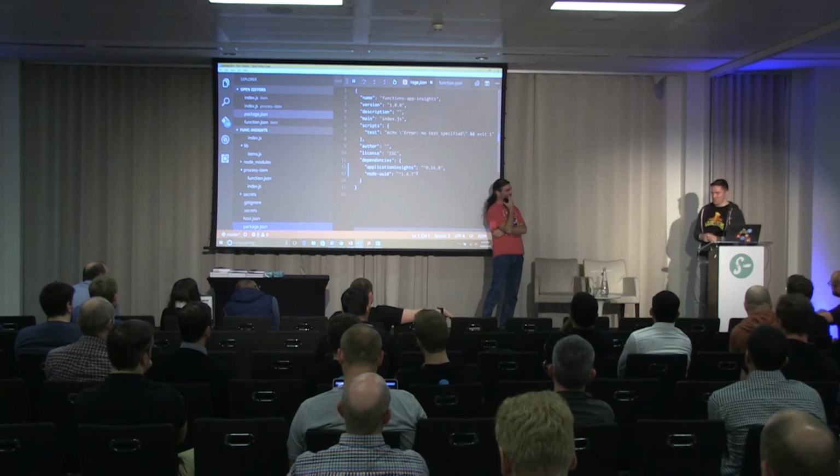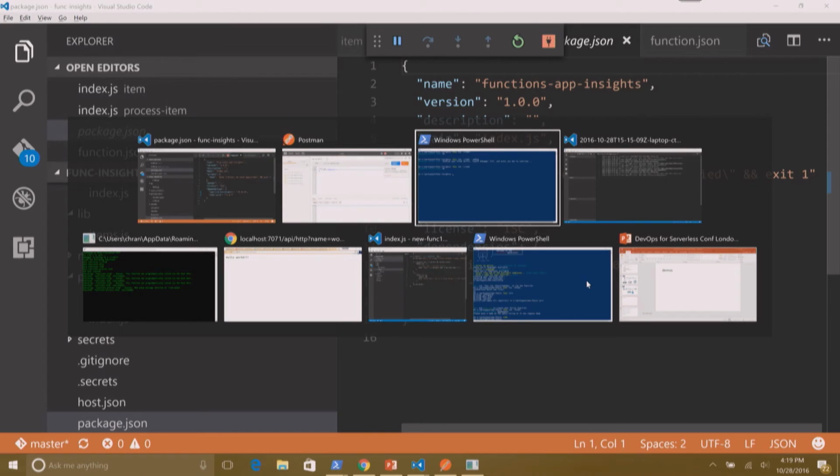Well, we could just use our existing tool chains, like deploy this via Git. Oh wow. Okay. So how does that look? Well, in this case, I actually have the ability with function apps to create a Git endpoint on a function app that I can deploy straight to and not have to futz with any CI tools or anything like that in between. I can always use a CI tool, which is really good when you're going to production. But when I'm doing dev time work and I just want to work from my local machine to the cloud, it's really nice to be able to just push things straight at my function app